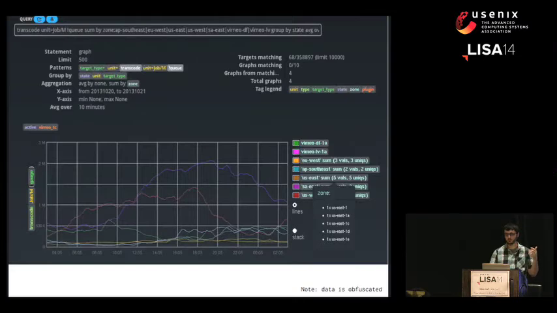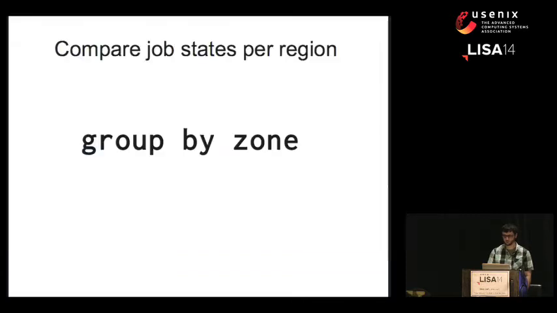So what happens is now we have a graph for all the active jobs comparing the Amazon regions, which are the sums of all the matching Amazon zones. And then under that, we will have a graph for the other states. So now we can compare basically how many jobs in active state those different Amazon regions have running.